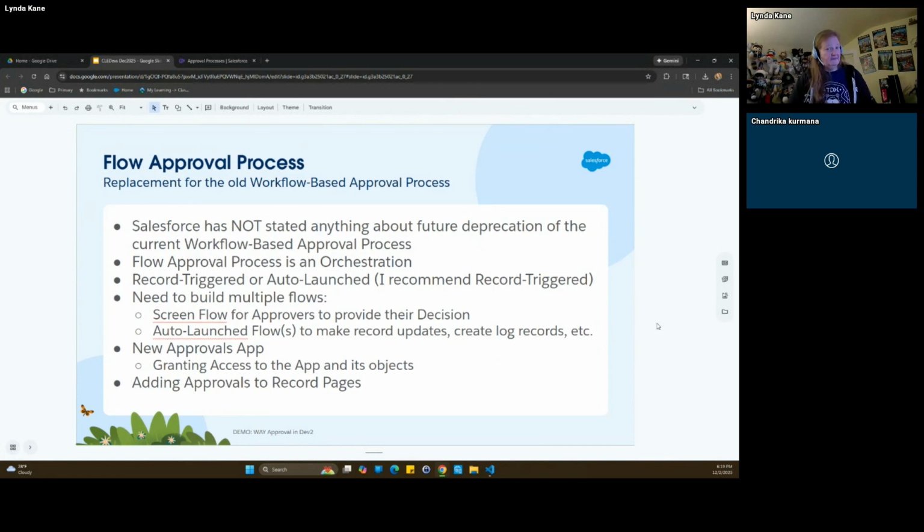I really recommend the record triggered. The only method for auto launch is a button on the record. You really can't do it any other way. And within this orchestration, when you're working on it, you need to build multiple flows. So you need to create a screen flow for the approvers to provide their decision. There is a template provided that you can utilize and extend or modify as you need to